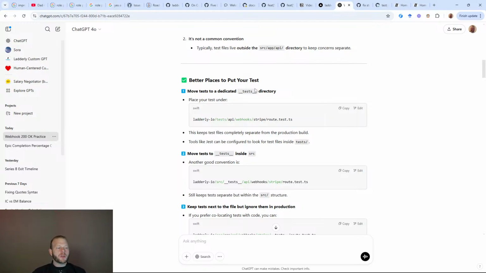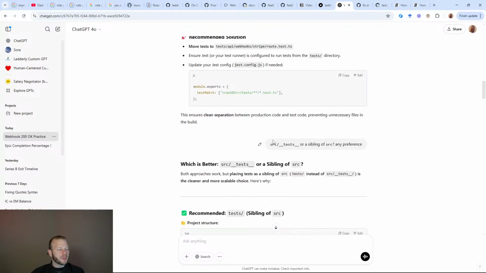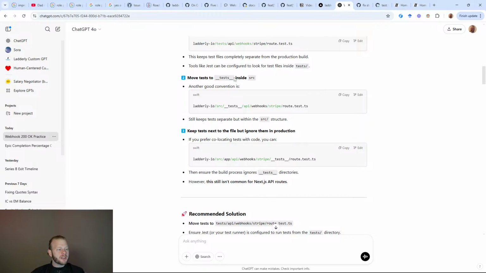There are a few ways to work around that, but the one that seems idiomatic or normative in the broader ecosystem is to have a dedicated parallel file structure pattern. And so it suggests this _test folder inside of source.